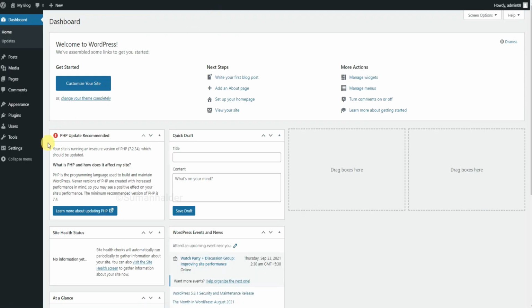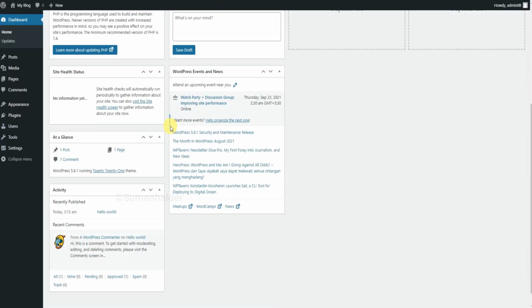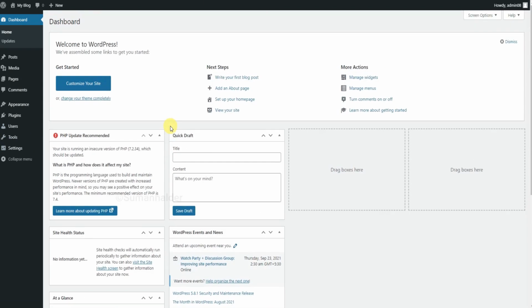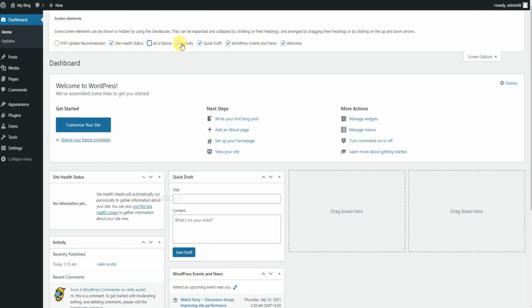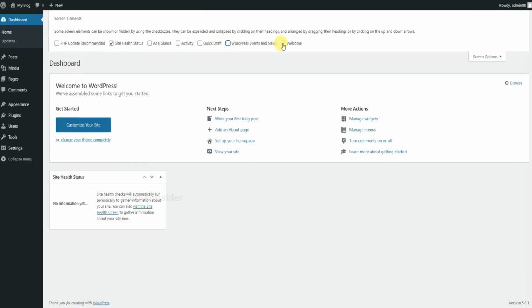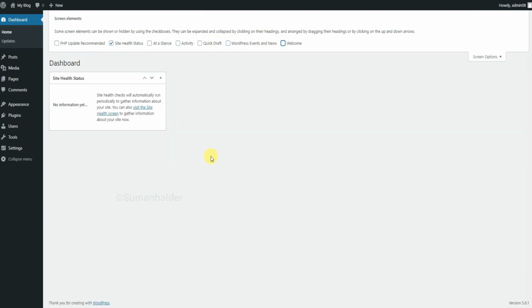Now we are inside the WordPress dashboard. This is where we will be able to control our blog. If you want to hide this option, you can click screen options and untick from here. Now our WordPress dashboard is clean.